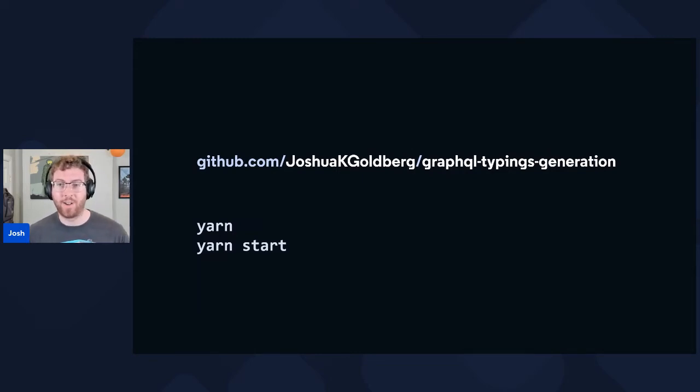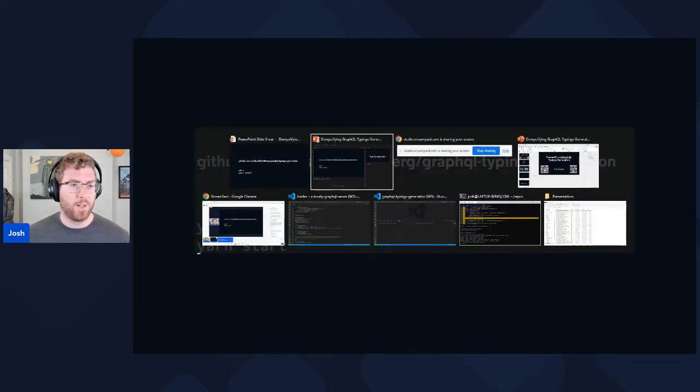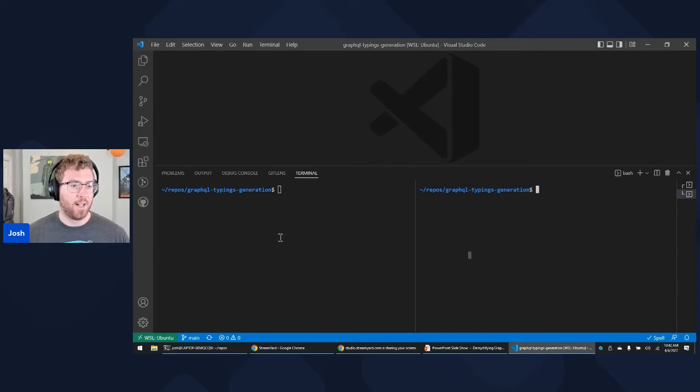Goldberg/GraphQL typings generation. That repo uses Yarn, but you can npm install if you'd like. So I'm just going to quickly switch screen over to GraphQL typings generation, and I'm going to Yarn start on